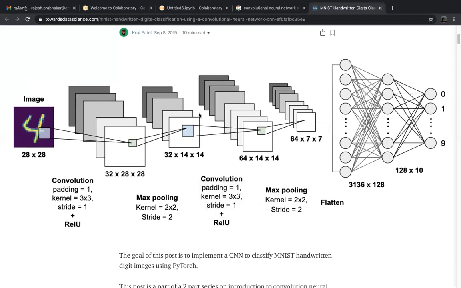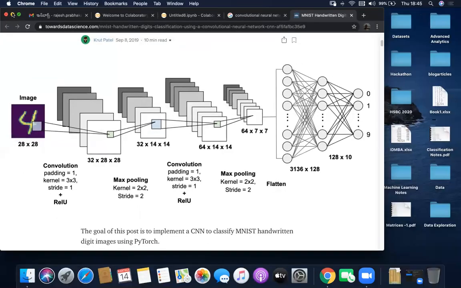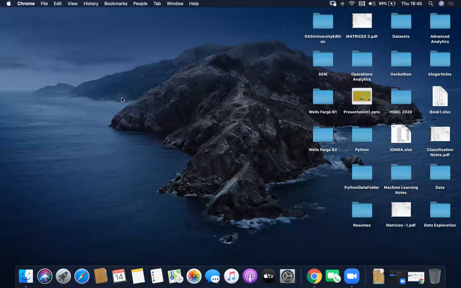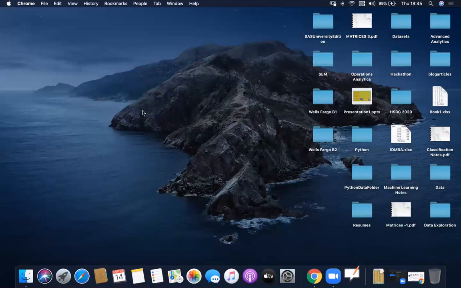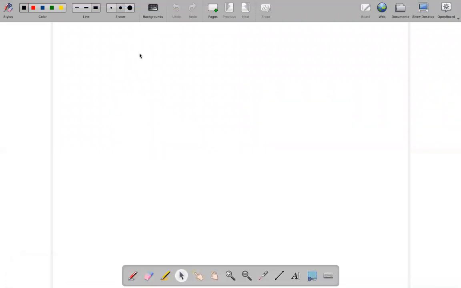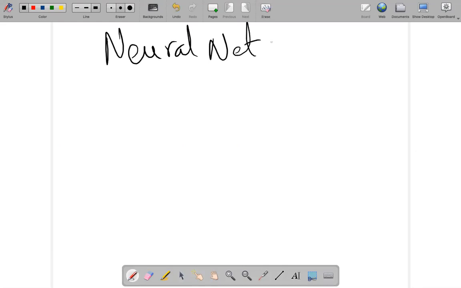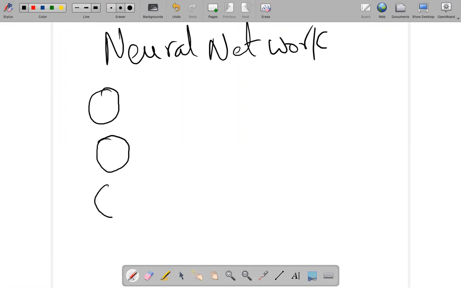Let me explain to you in a little bit of detail. A typical neural network will look like this. There will be inputs like this: 1, 2, 3 inputs.